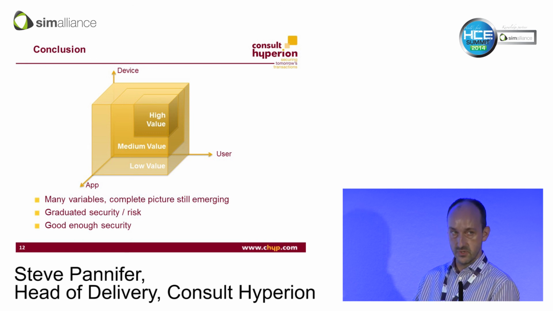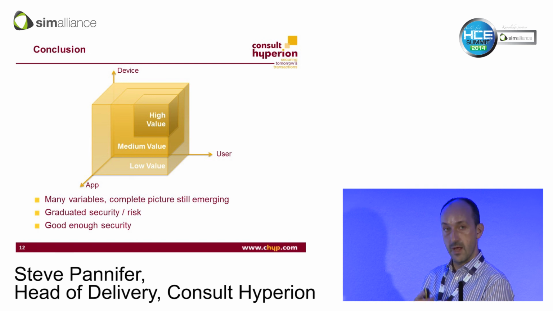You'll have different levels of trust in that device depending on its capabilities. The user may or may not have been authenticated to some level, and then the application as well. I haven't talked about how well you trust the application, or about devices being rooted. So on those three axes, the user, device, and app, you're going to need to make some kind of judgment,